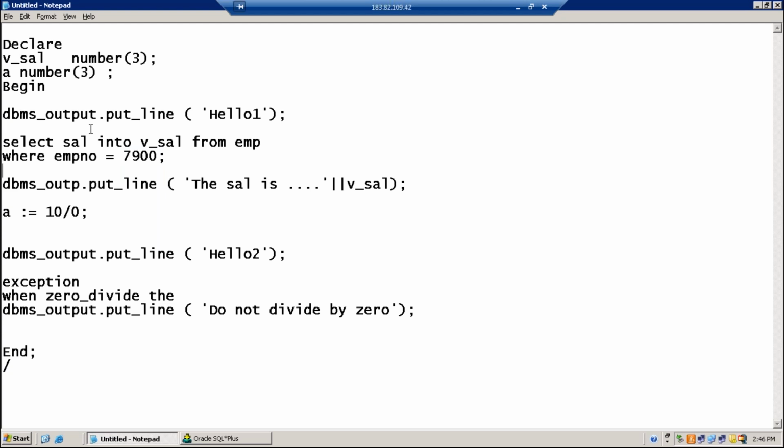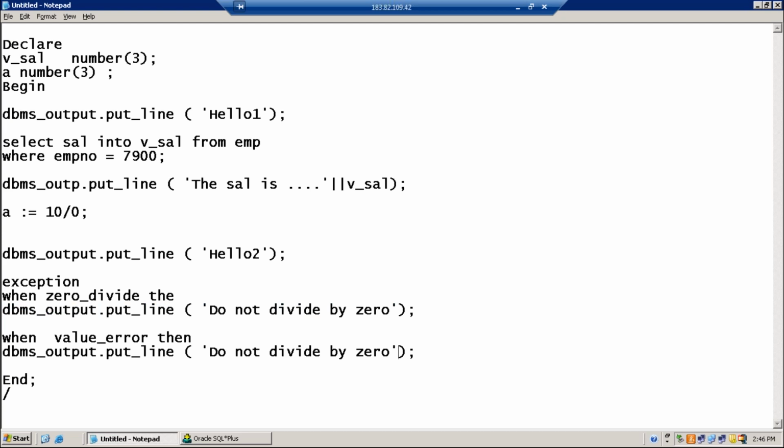So I want to tell you that it's not only one handler. We can have multiple handlers in the exception section. So what is the second handler? The second handler is nothing but the second exception, that is value error. Then a message saying that please check local variables.